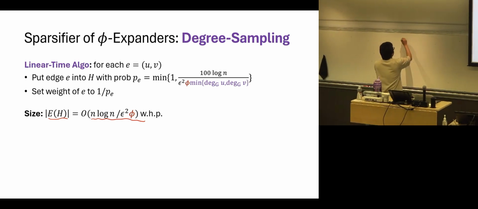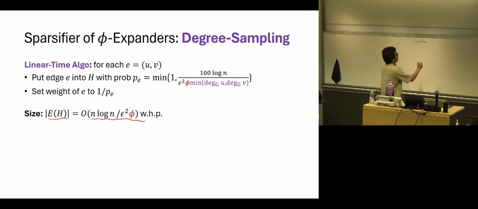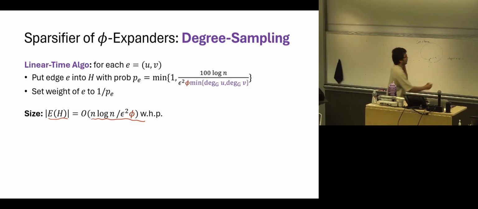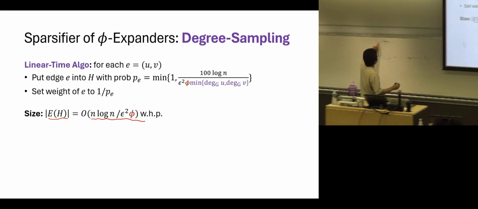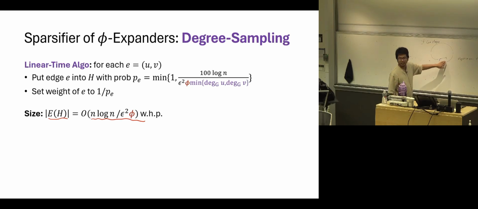Suppose that the graph, let's say that G is a clique. If G is a clique, then what would this algorithm do? Well, for every edge U and V, the degree of every node is just n minus 1. So it means that for all nodes, if G is a clique, then in this case, you really just sample each edge with probability something like log n over